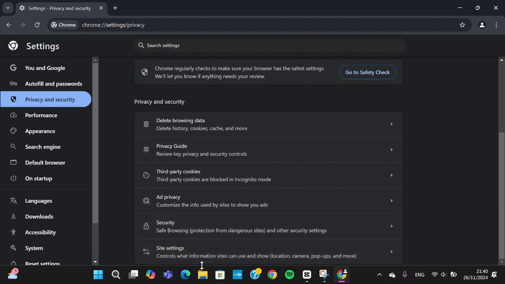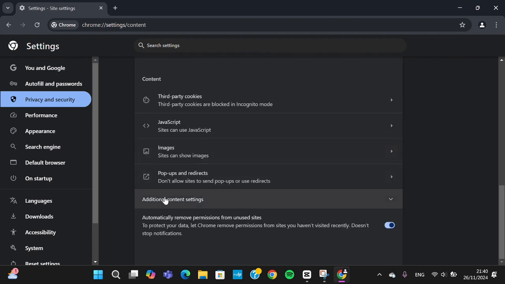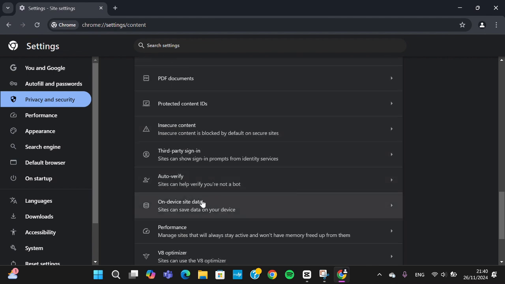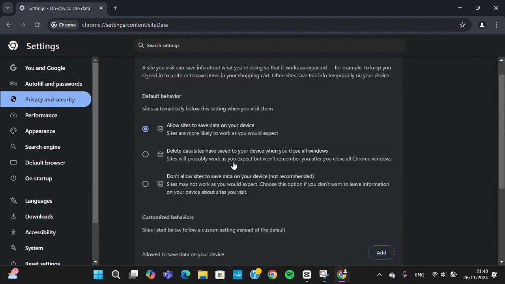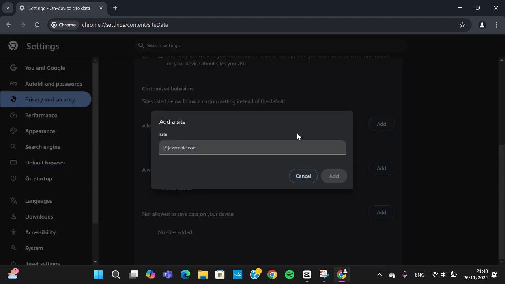we find the site settings right here, and then scroll down again until we find the additional content setting, and choose the on-device site data. Okay, and make sure you allow sites to save data on your device. You have to choose this option on your setting, and then you're going to scroll down until you find this option, and then we're going to add site to this section, and I'm going to click on add, and then